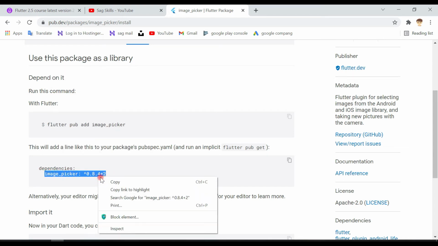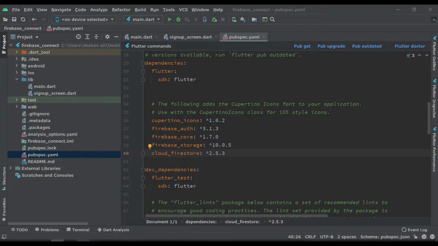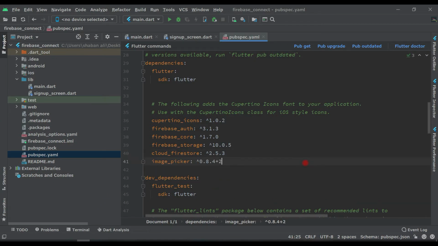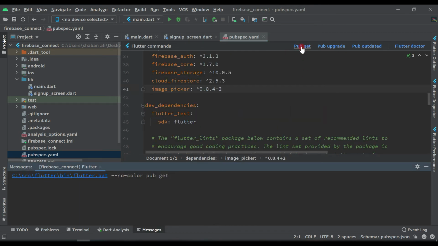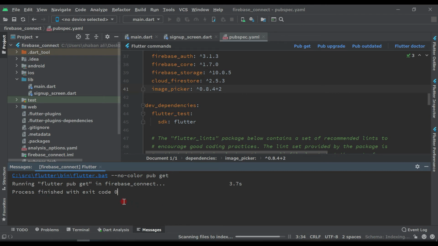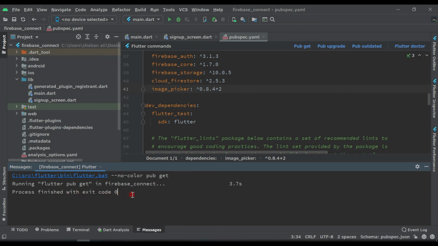I mean to give access to our phone gallery, and after this paste. Now we have all the dependency which we required right now. So click on this pub get now, and it will be added in our project. And now as you can see with exit code 0 it has been successfully added.